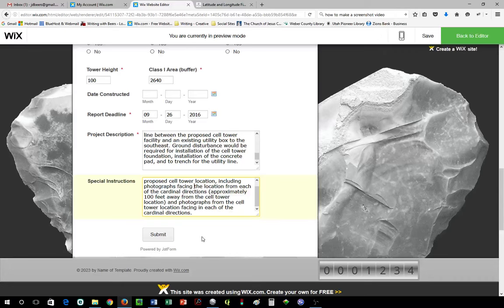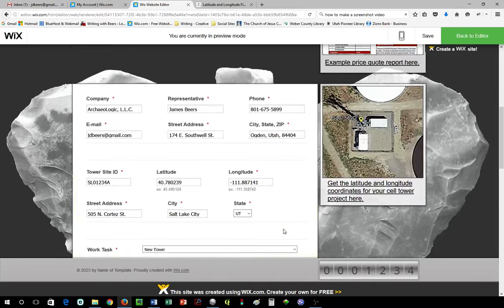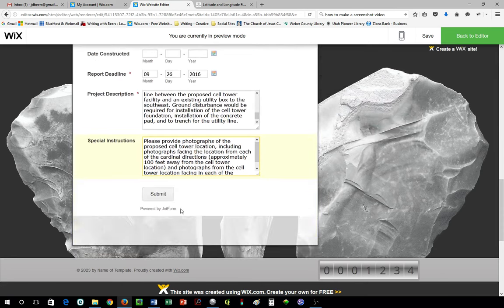So that can be anything, whatever you need to put in there that you need to let us know that would help us get a good price quote for you. So once you're done with that, you can go ahead and submit,